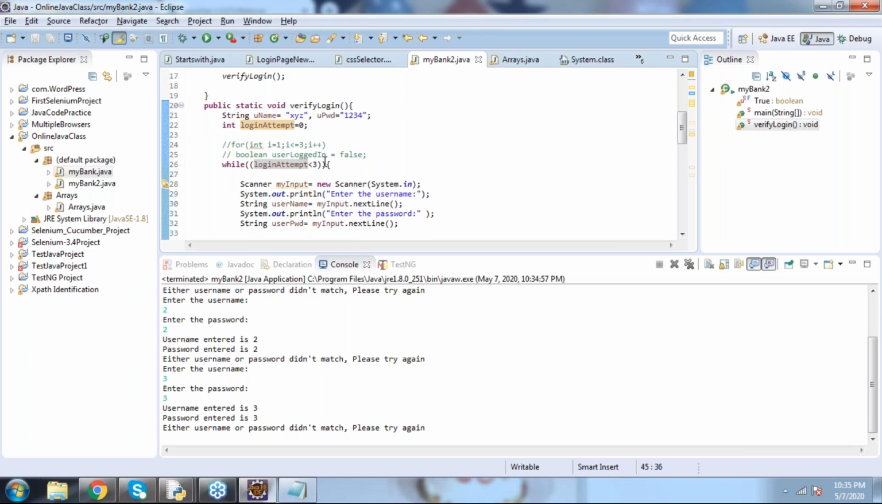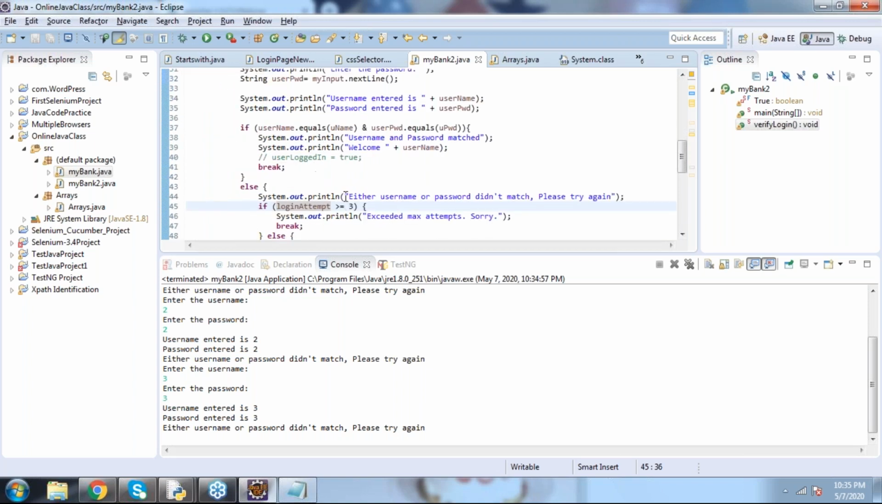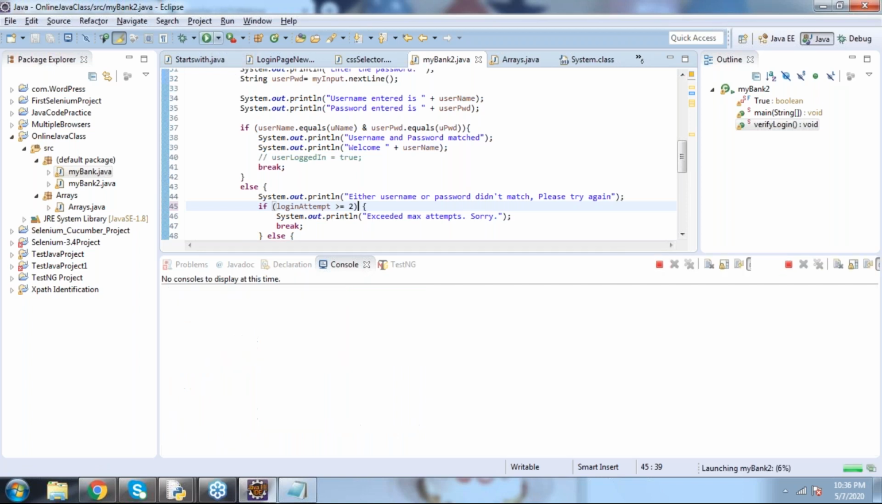Is less than 3. So it's not even going till 3. Yeah, that's what I was just thinking. So then it is greater than or equal to 2. Okay. If it is greater than 2, that's it. Greater than or equal to. So